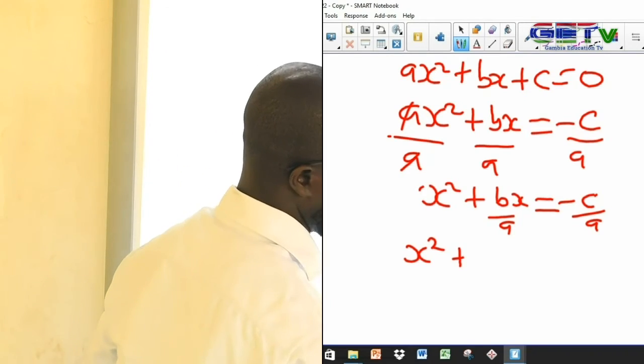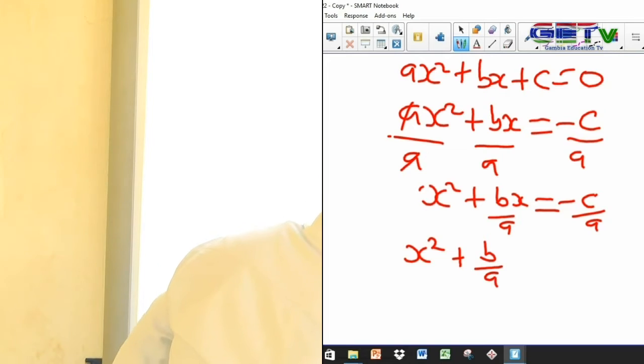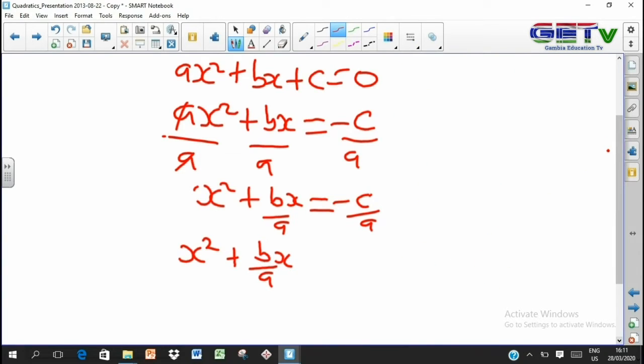We have x squared plus b over a x plus, equals negative c over a plus,